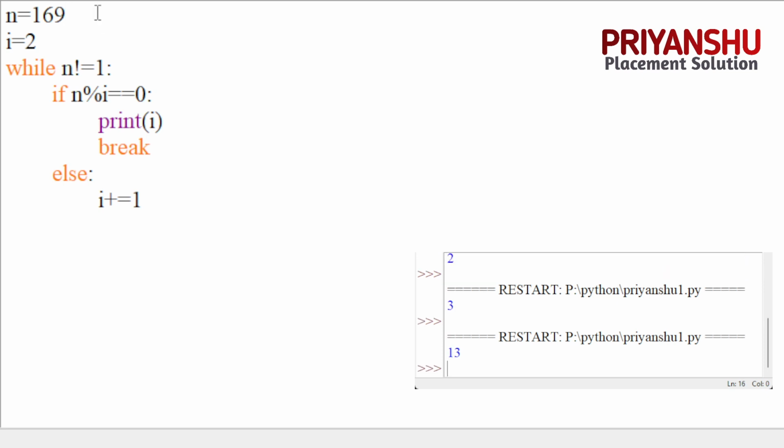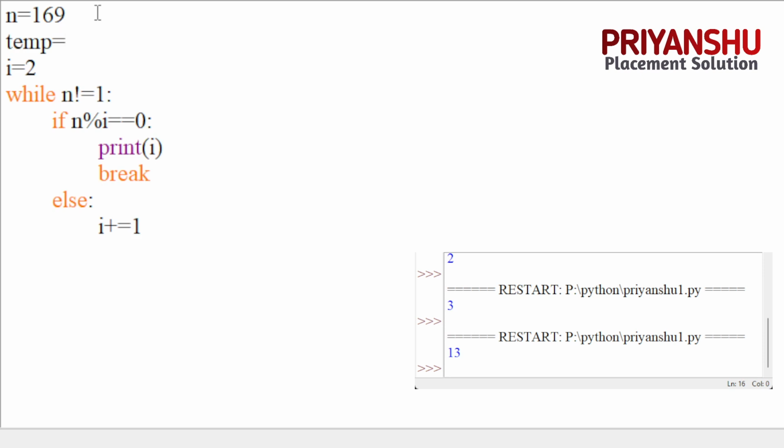But guys, the question is what we need to return: the difference of the number with the minimum prime factor. We have to return this, so how will we return it? I just take a temp n, and in place of print I just write temp minus i.